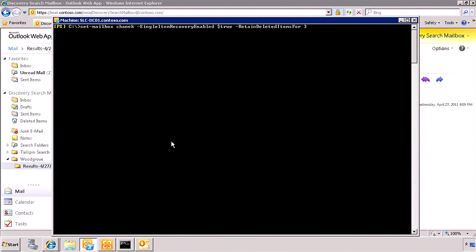And so for Shane, what you do is just a Set-Mailbox command on Shane Kim. You set single item recovery enabled to be true, and you specify the period of time that you want to retain the deleted items for. Let's do 10 years. So just put it in days, so 3,650 days. Hit enter. It takes about 60 minutes for the Managed Folder Assistant to run and kick off